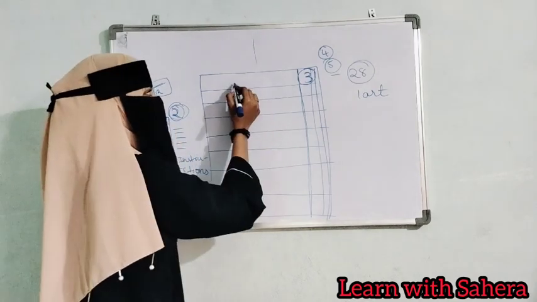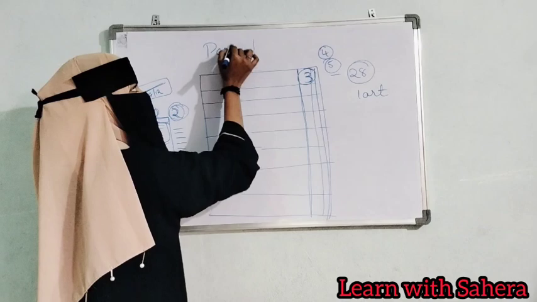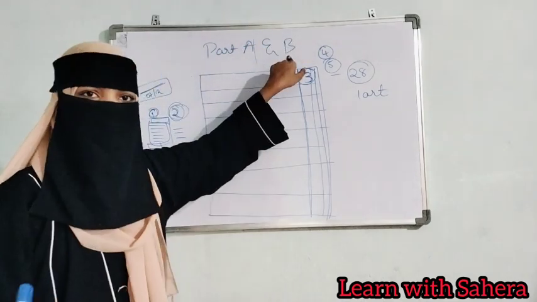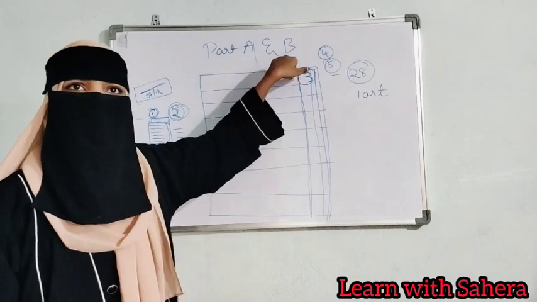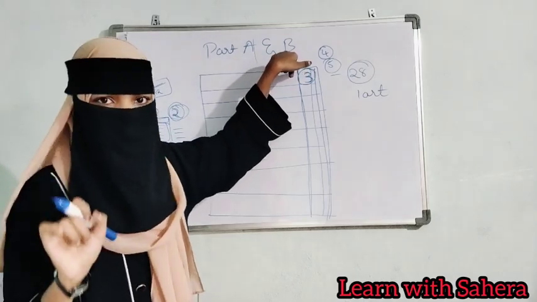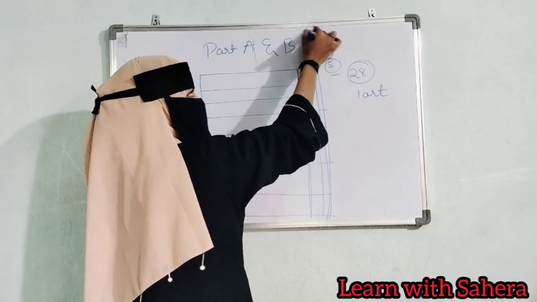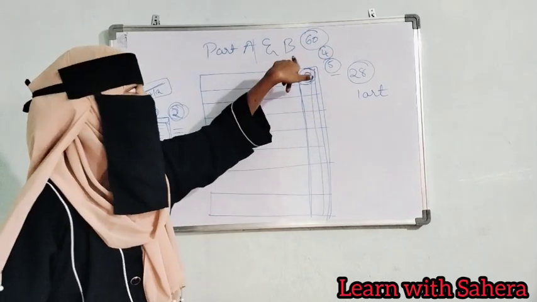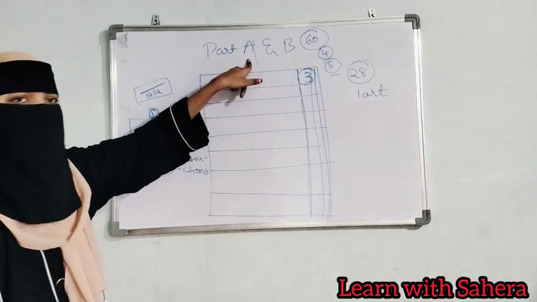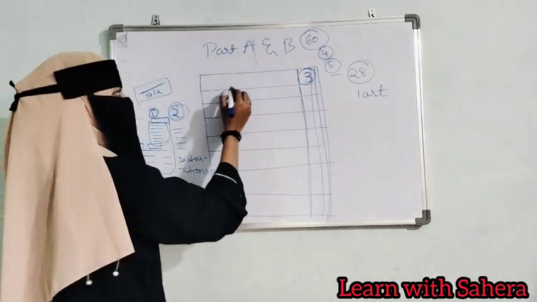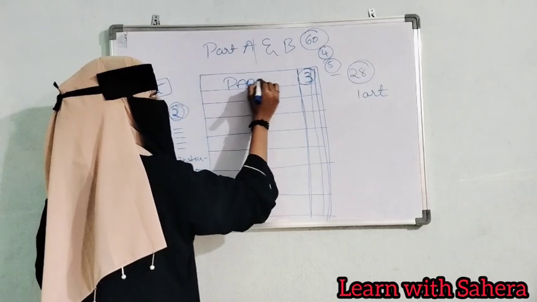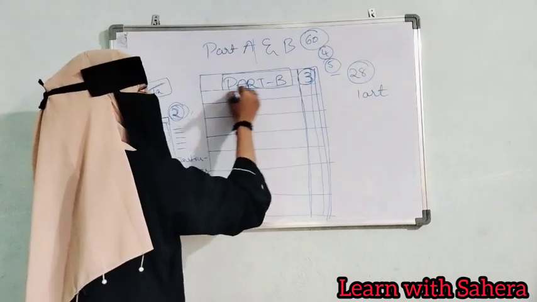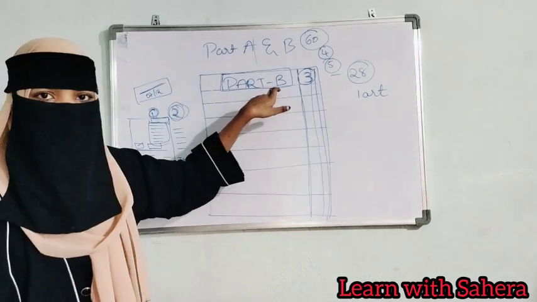After that, there will be 2 parts, no? Part A and B. I suggest you go with part B first, not part A, because part B consists of more marks. 60 marks will be there for part B. So to score 60 marks, you can first write part B. You can manage the time here and then go to part A. Why, I will say later. So first keep the heading Part B. Try to write it in capitals.